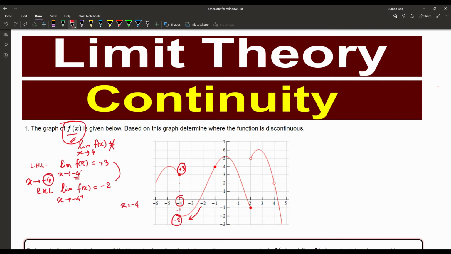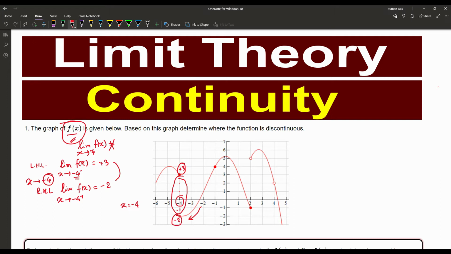According to the diagram, we can also see that there is a hole, a break in the function. That means the function is not continuous at minus 4. Once again, the gap is visible in the diagram, that means there is a break. So as the limit as x tends to minus 4 does not exist, the function is not continuous at x equal to minus 4.